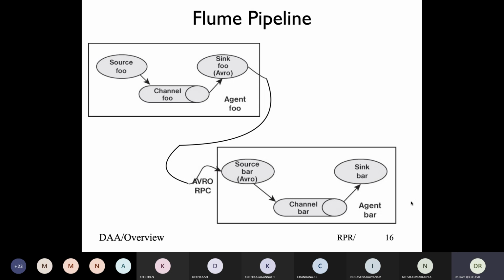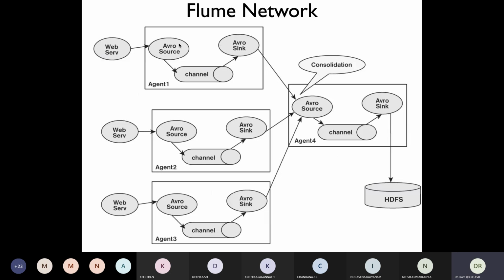And then this could have a number of sequences. Or if you want to define a DAG or a graph, it need not be a single pipeline. It could be a kind of graph. So I have one Flume agent reading from one web server, a second Flume agent reading from a second web server, and so on and so forth.